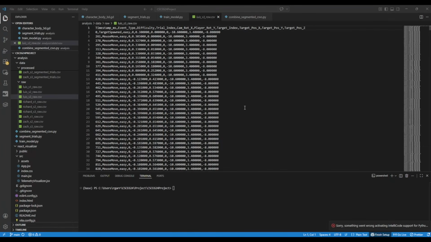This is us showing how we go from the raw CSV files that we get when we run the Godot trial to actually training our model. So initially we start with these raw CSVs. This one's called Lewis_S3, for the third session, raw. It has the timestamp, the difficulty, which we don't use, player position, and target position, and it's